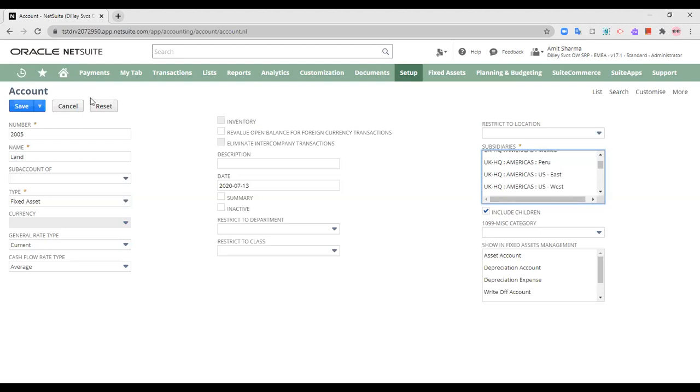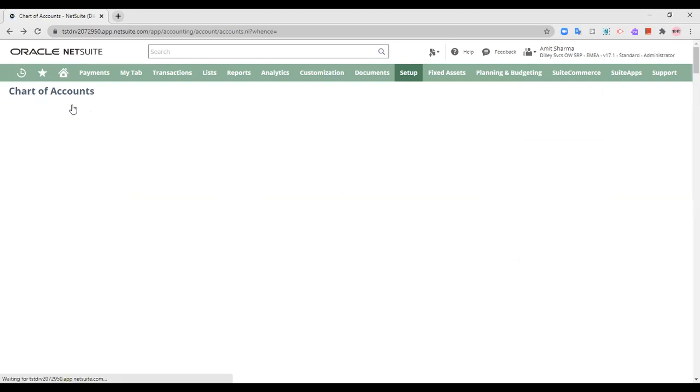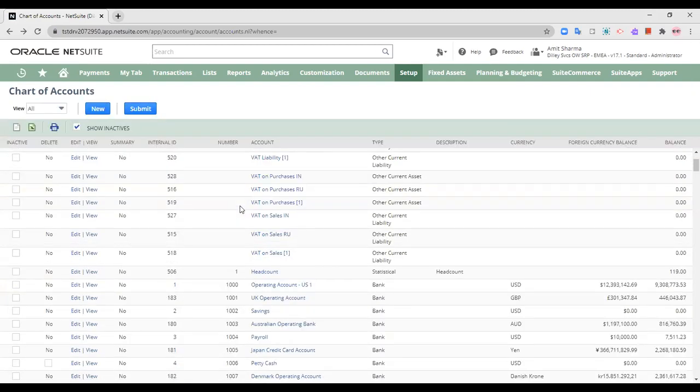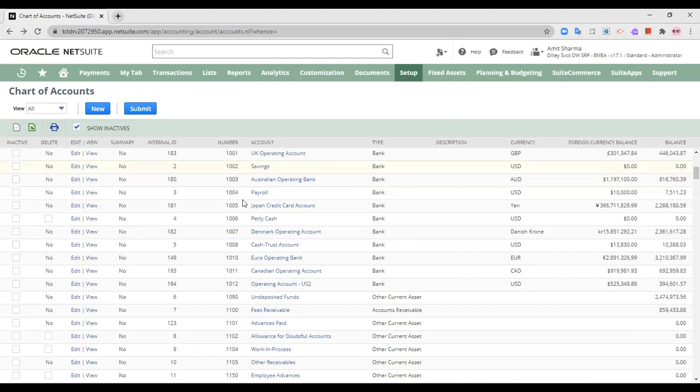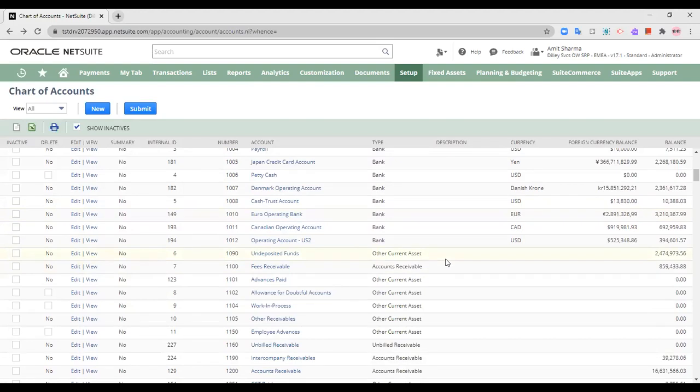So after here, I'll be saving it, and it will be introduced into my COA. I'm not creating it here because I have already done that. So this is how, within minutes and seconds, a new account can be introduced into my COA without getting too much into the chart field segments and strings. Now this was when I want to enter a new 1, 2, 3 or up to 10 accounts onto my COA.